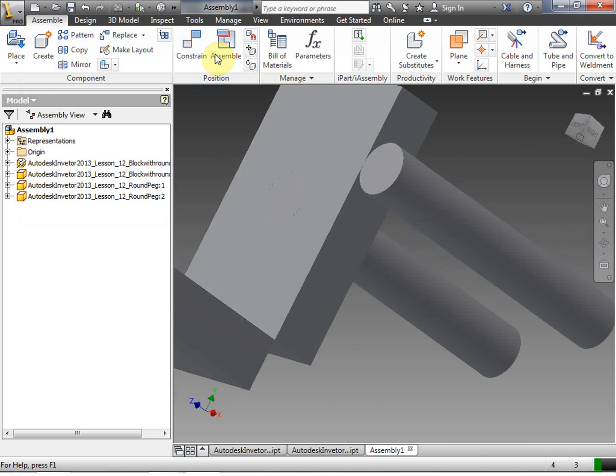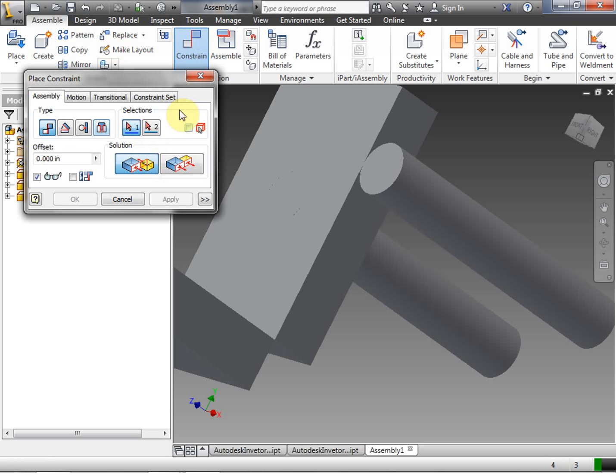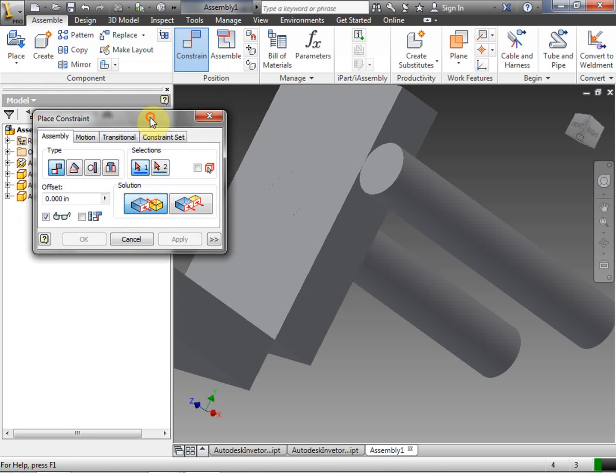So let's just review. We just did a sample of the tangent constraint, the insert constraint, and the angle constraint. There are some more options in there, so you can take a look at those and play around with those as you want to. We can also do motion constraints, transitional, and constraint sets, but we're not going to cover those in this